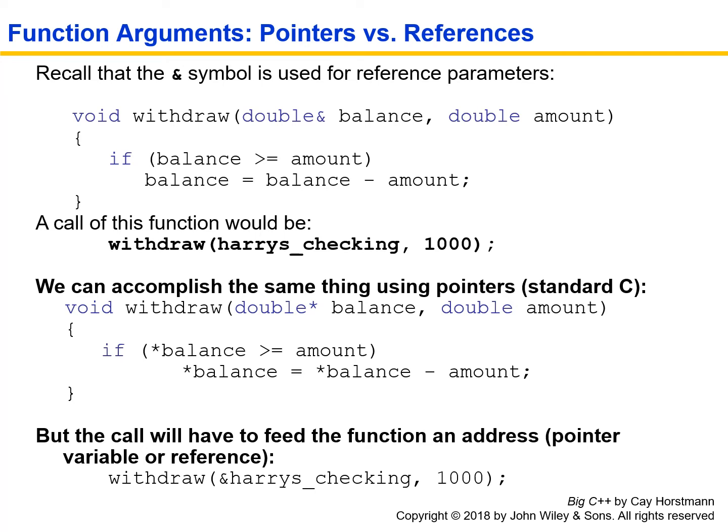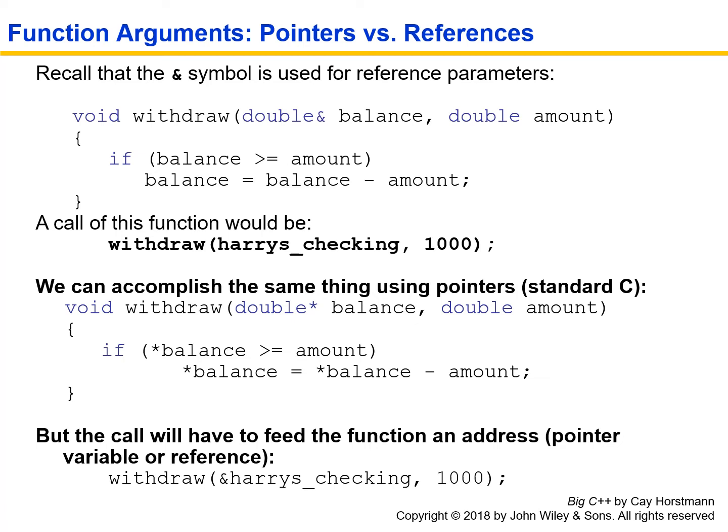You may remember, hopefully you remember, defining reference parameters. Reference parameters are something that C++ has, but standard C does not. So if we wanted to accomplish the same thing in standard C, and we can do it in C++ as well if we feel like it, we would have to use a pointer as a parameter to a function. So void withdraw(double *balance, double amount)